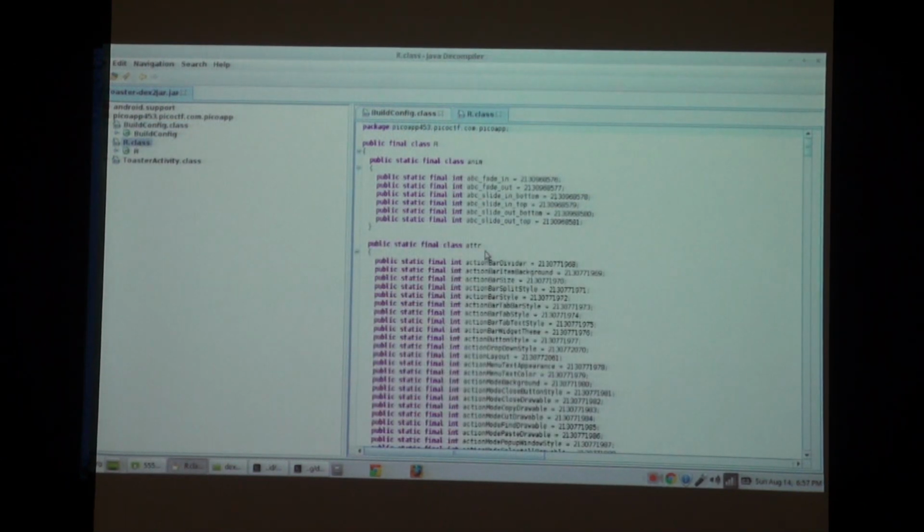Okay, so here we have the R.java class. R.java is a class that is used for storing all the APK contents with a particular ID assigned to it. Meaning, if you were to refer to a particular part of the APK, suppose one of the images inside the APK, then you wouldn't have to write all the package name, the class name, and things like that.